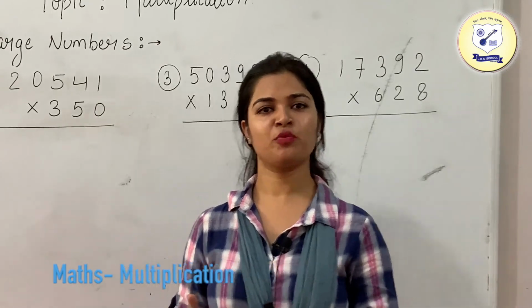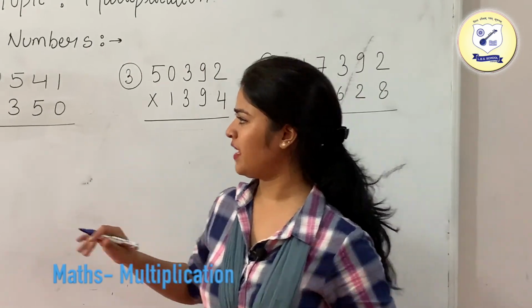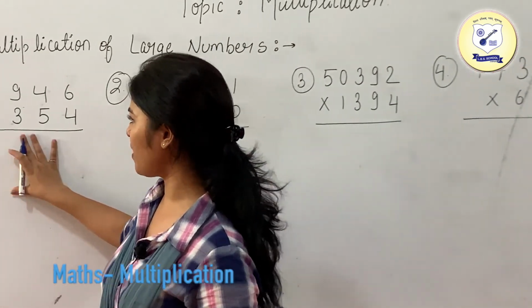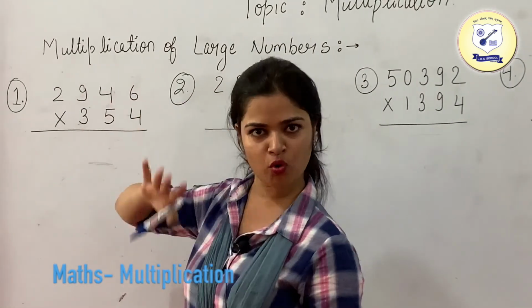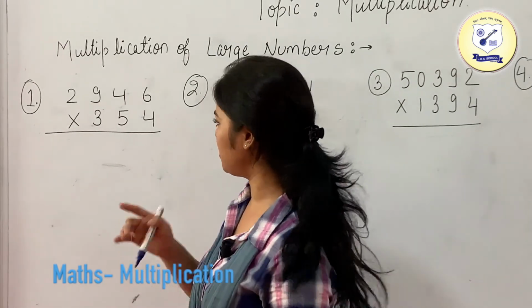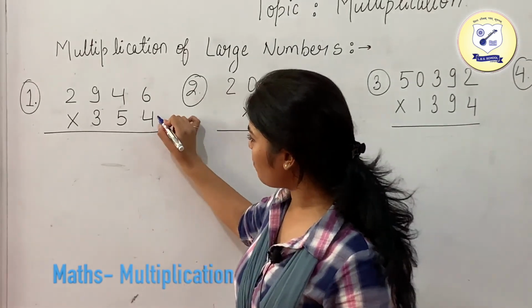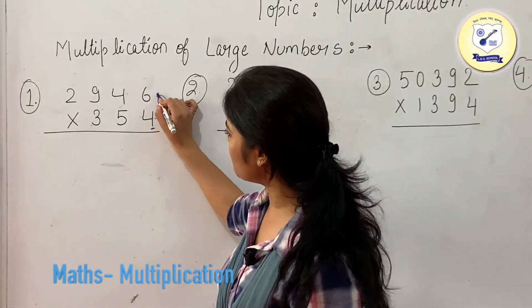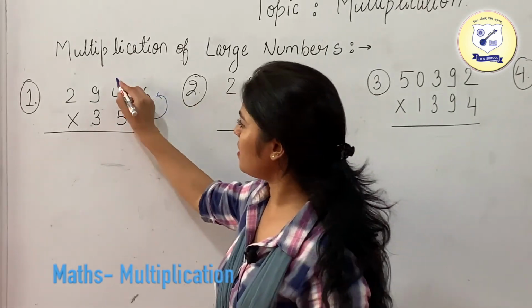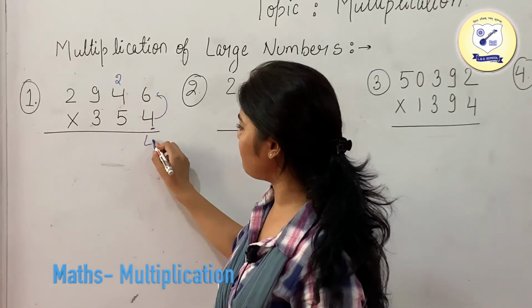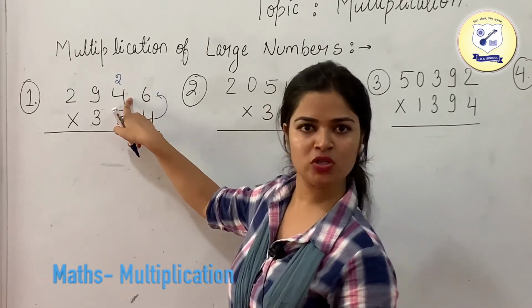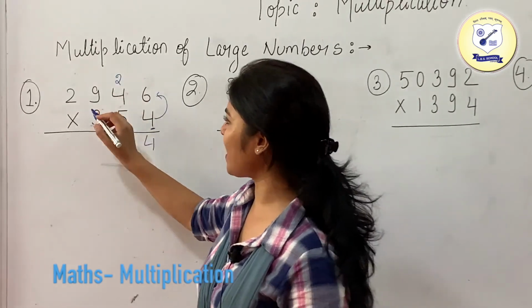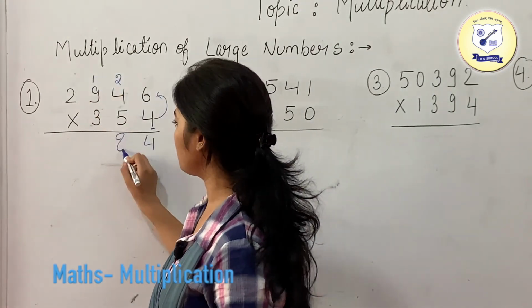So now we are going to multiply a few large numbers. Like I am having this question in front of you. Here we are going to multiply a 4-digit number with a 3-digit number. So let's just start it. Now first of all we will start multiplying with the unit digit number. So just multiply this with a 6. 4 6s are 24. Just put 2 over here and 4 in your answer. 4 4s are 16. 16 plus 2, your carry, is 18. So just write it down.